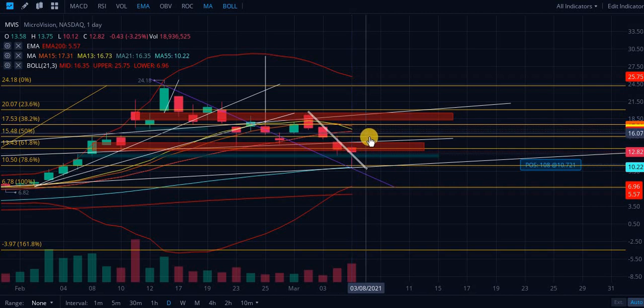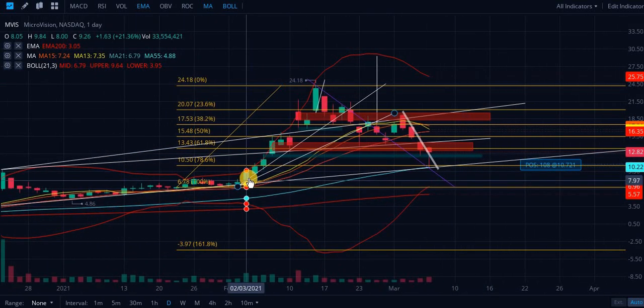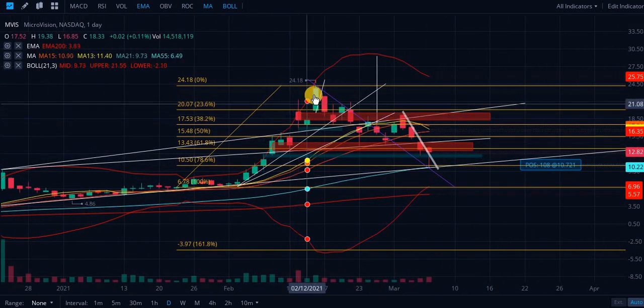But guys, the middle Bollinger Band right now, that's what I want you to pay attention to. We're at $16.35. That's where we should be trading at. What do I mean by we should be trading at? What the heck does that mean? It means this. When you run up like this,